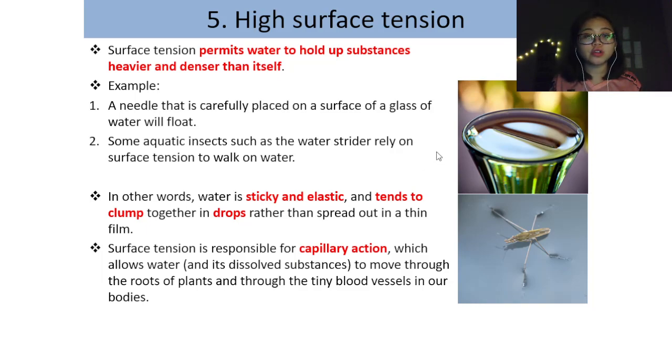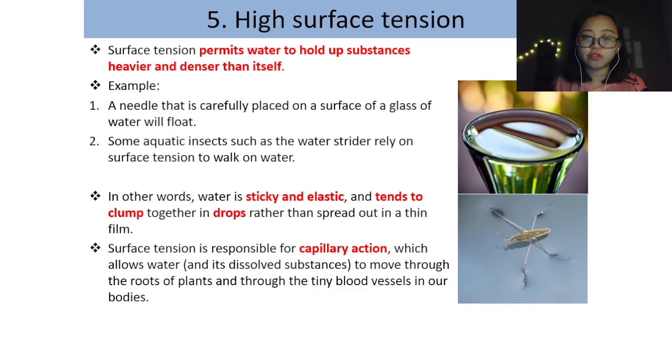All right, so we are moving on to the example, okay? Surface tension of water permits water to hold up substances heavier and denser than itself. So, dia boleh menampung benda yang lebih berat dan lebih mampat daripada dia. So, contoh dia, okay, an example is you can make a needle float on a surface of water. And some aquatic insects will use water to move around by using the surface tension of water. In other words, water is sticky and elastic, and it tends to clump together in drops rather than spread out